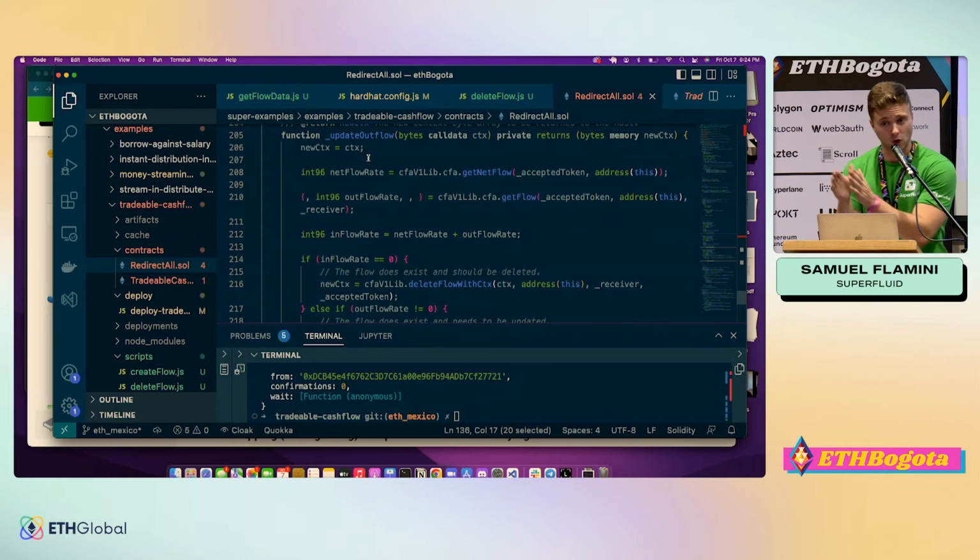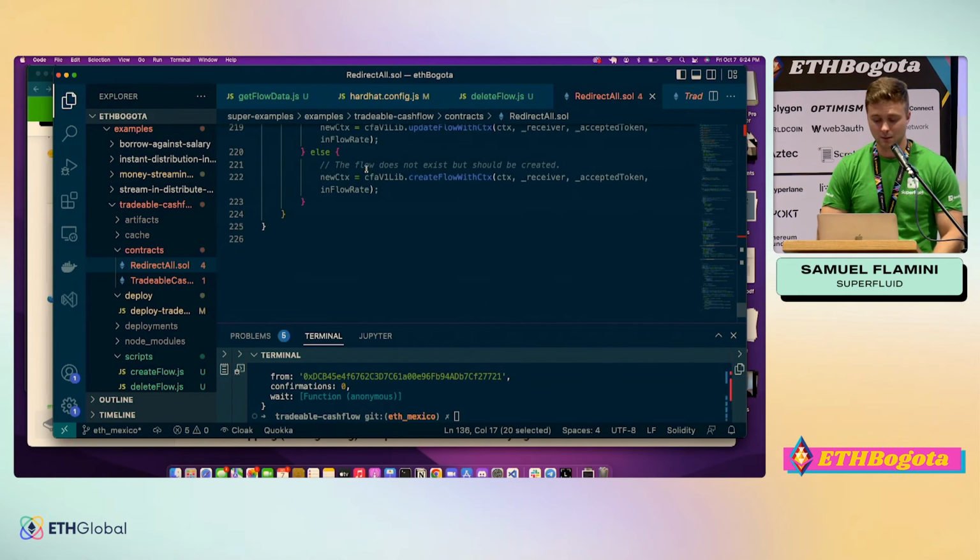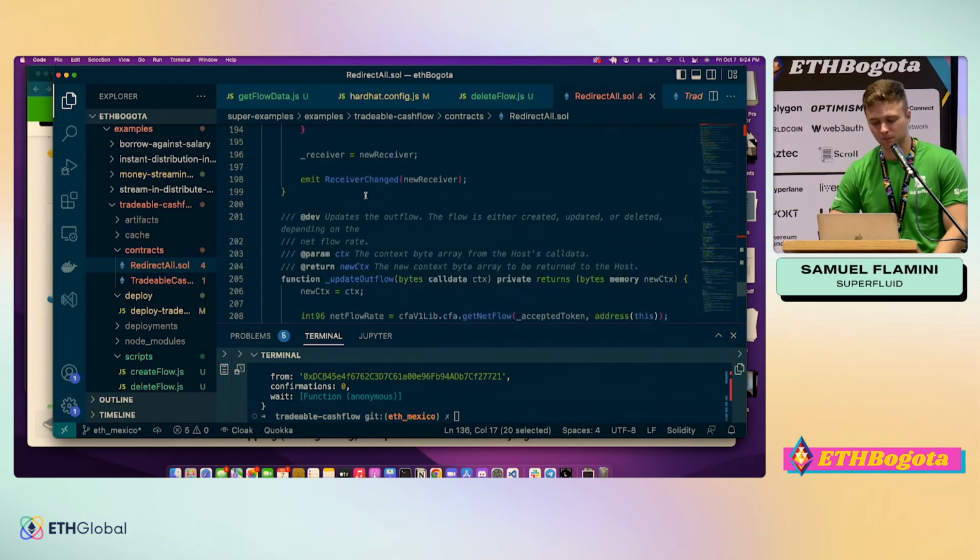So if there already is a stream coming into the contract and the operation is a delete operation, that means we need to not only delete the stream coming into the contract, but also delete all the funds coming out of the contract. The 100% of the inflow should equal 100% of the outflow. So we're just making sure those match in this function. But again, the limits here are your creativity. You can put whatever you want here. This is just one example.